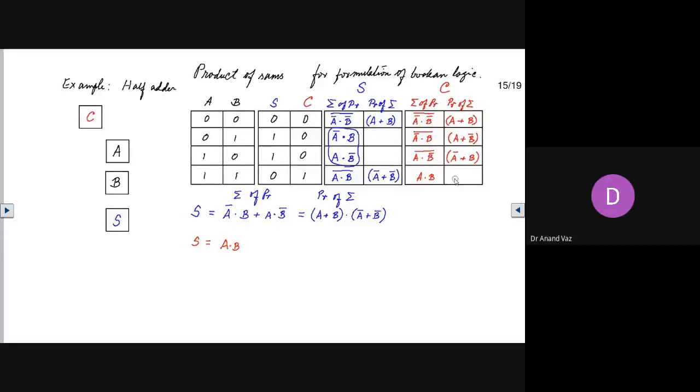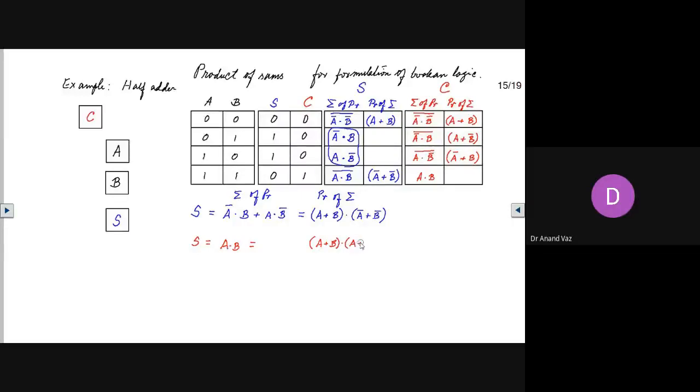And here I am leaving it blank because this is going to give us 1. So the same logic can be realized using the product of sums method if we use A or B, and please be sure to place these Boolean operators.